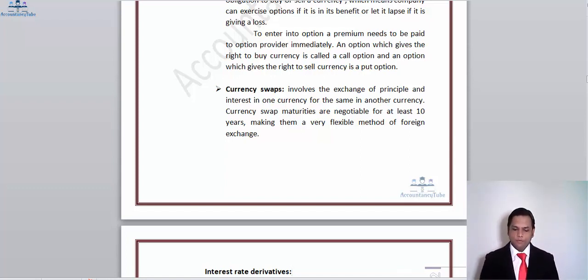Next thing we have is currency swaps. It involves the exchange of principal and interest in one currency for the same in another currency. Currency swap maturities are negotiable for at least 10 years, making them a very flexible method of foreign exchange. Now, here what happens is that a company takes out a loan in UK currency and a company takes out a loan in US dollar currency in UK. Both the loans are, you can say, the same amount, or with an exchange rate fluctuation, of course,